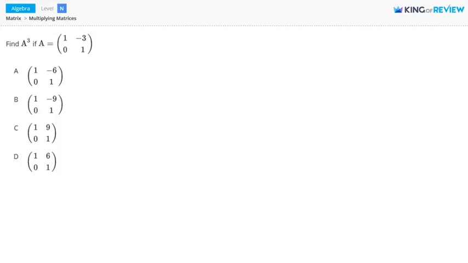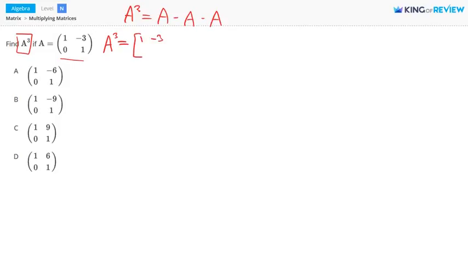In this problem, we're asked to find A to the power of 3, where A is this matrix here. A matrix is a rectangular arrangement of numbers into rows and columns. So A to the power of 3 is the same thing as A times A times A. So we have A to the power of 3 equals